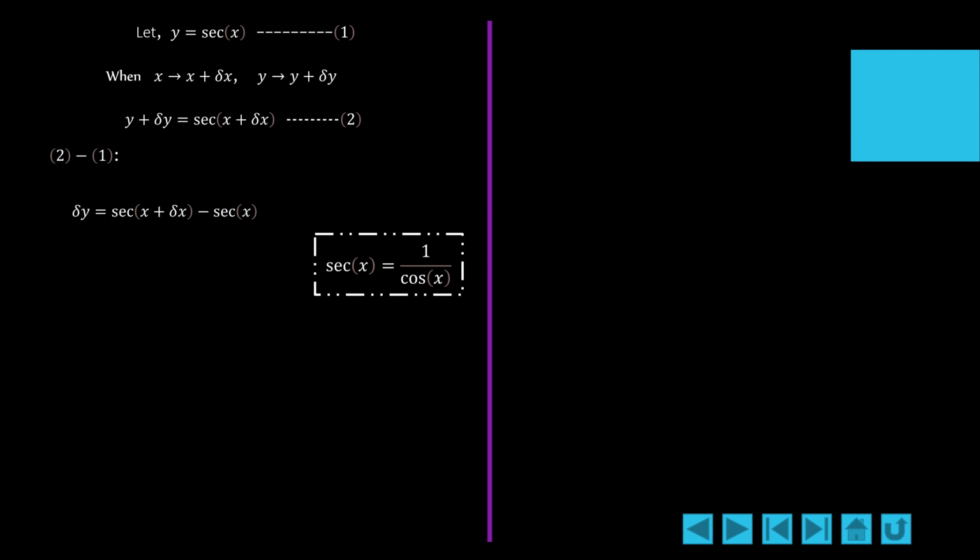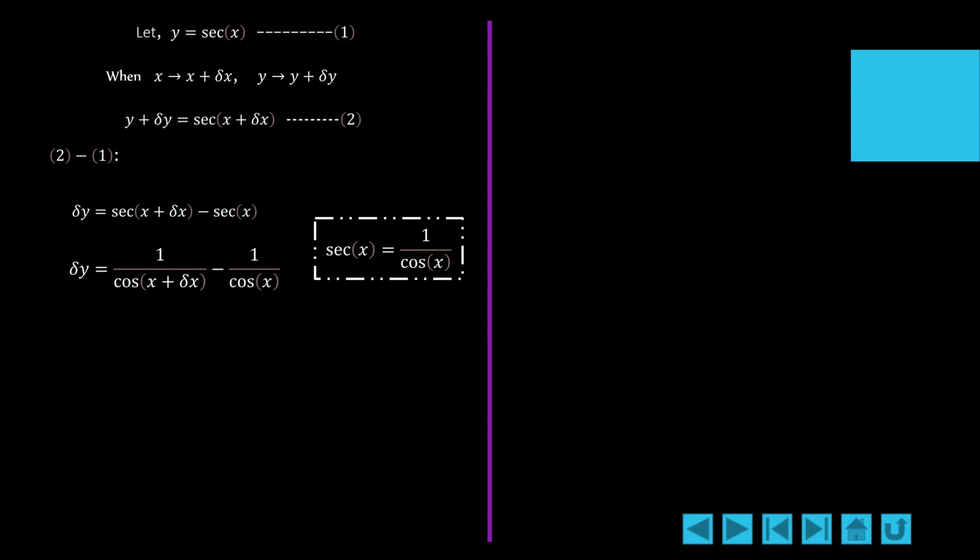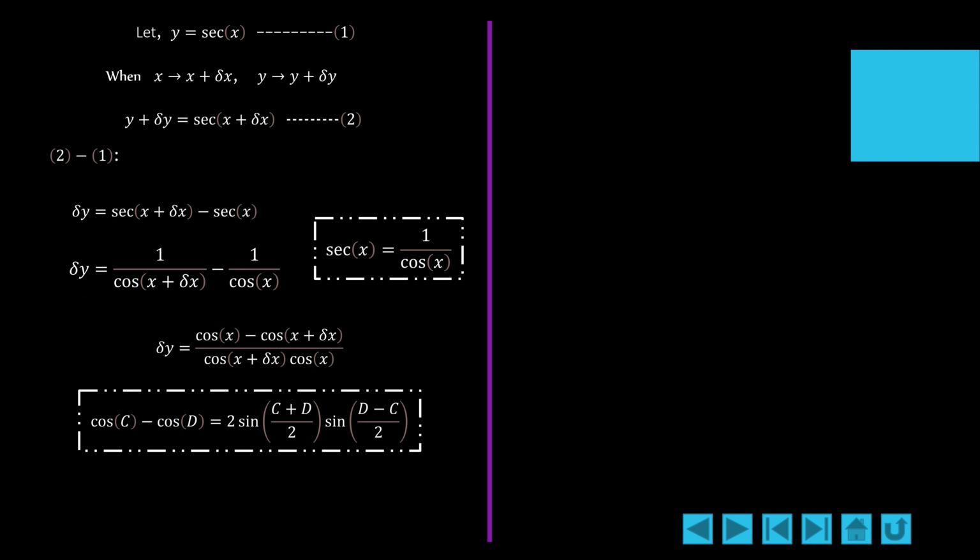To simplify this expression, we rewrite the secant terms in terms of cosine. Finding a common denominator and cross-multiplying gives us a single unified fraction. Now let's look at the numerator. We can apply the cosine subtraction identity. Cosine of c minus cosine of d, setting c as x and d as x plus delta x. The identity simplifies our numerator neatly into 2 times sine of (2x plus delta x) over 2, times sine of